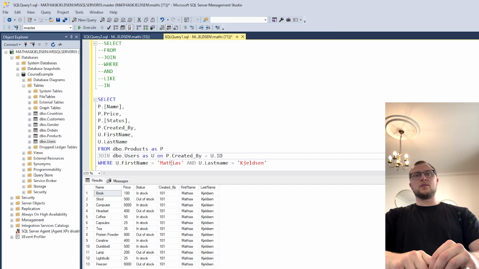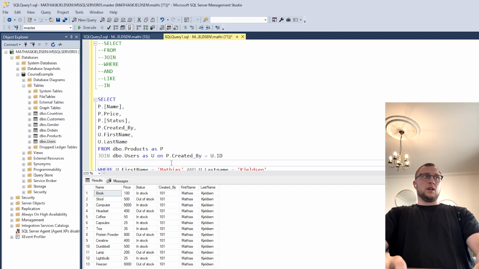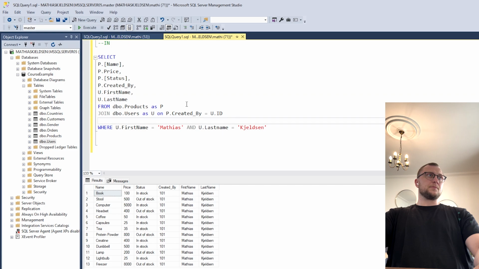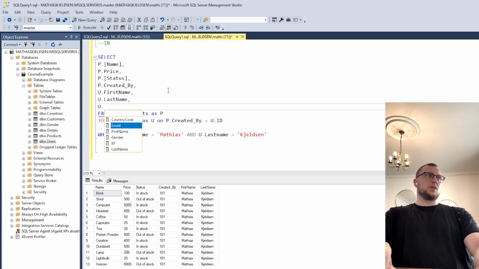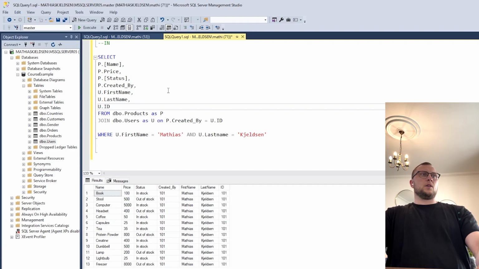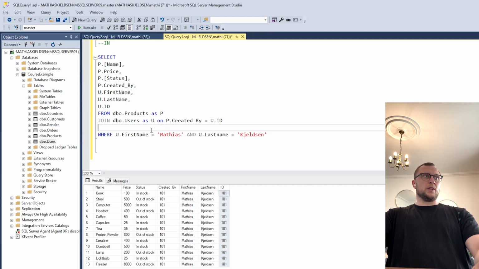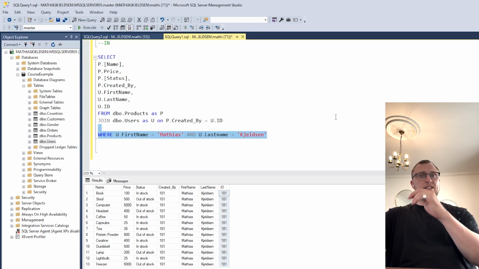This is an ugly way to do it, because there's a way easier way. We know from the users table and from the products table, if we get this u.id, we know that there's a unique identifier referencing me in that table. It's 101. So instead of us doing this, where the first name is Matthias and the last name is Kelsen,